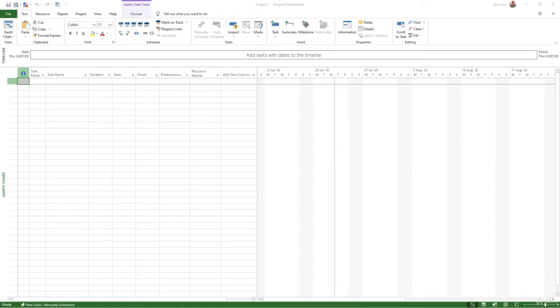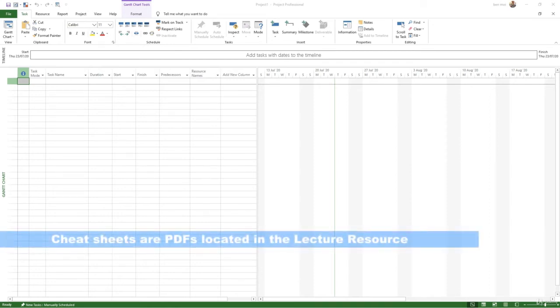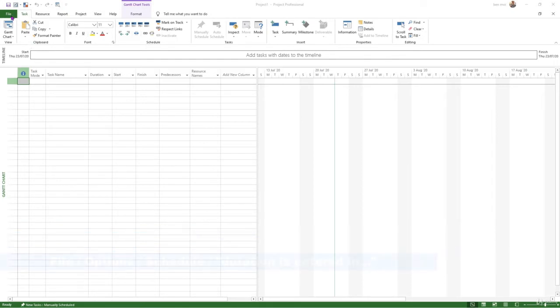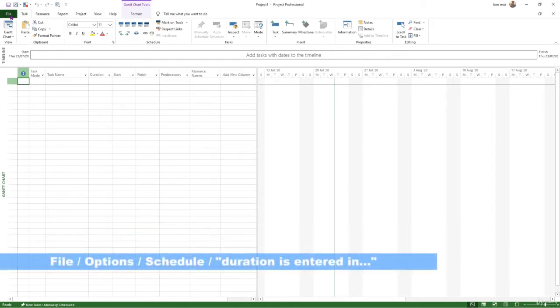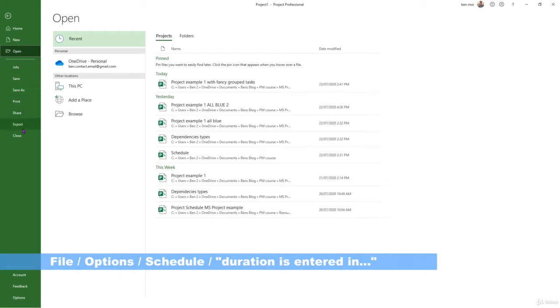Step 1, set up your working space. First thing we do is, when we have this, we look if the formats are okay. So they are. You go to File, Options,